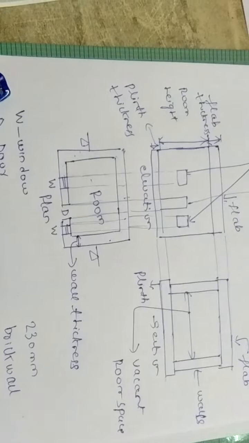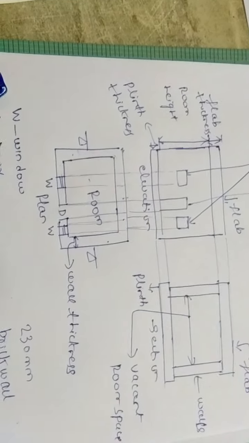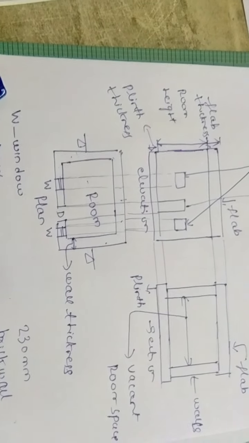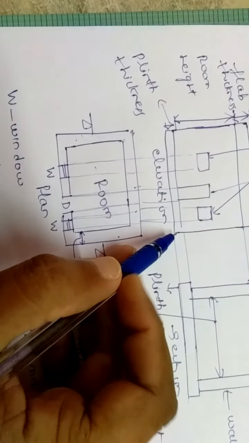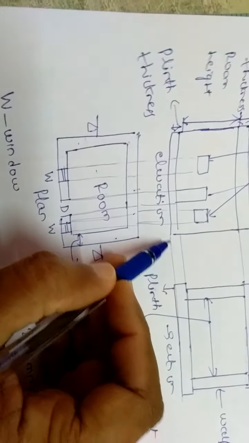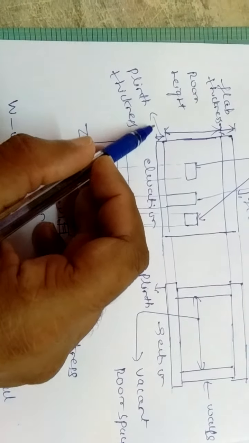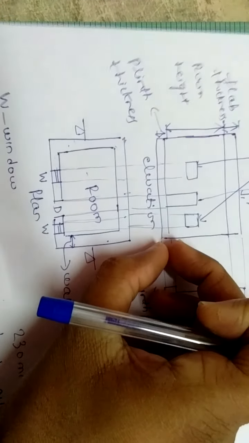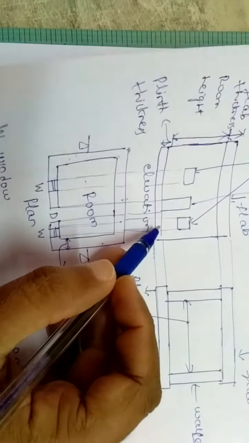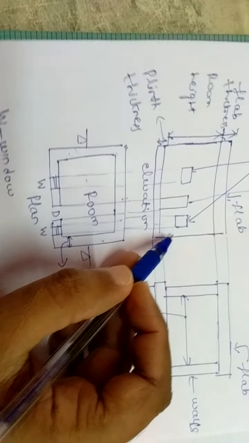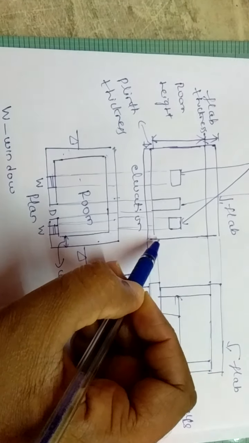So what do you mean by plinth? First we should understand that. Plinth means the raised portion of the home or the house which is above the ground level. This is actually the ground level, and this is the soil you are able to see here. So you have to imagine it here. Above the ground level some thickness has been given. This is called the plinth thickness, and above this plinth there is the wall. This is the wall height.